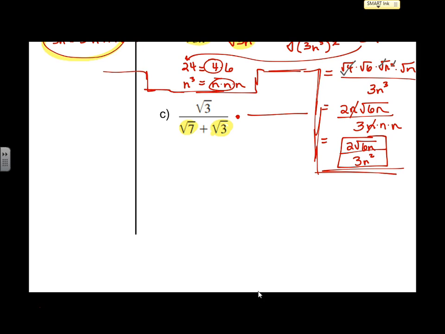Whenever we have a radical not alone, it doesn't have to be 2 radicals. It could be 3 plus root 3. But whenever we have 2 pieces, not just one, we have to multiply by what we call the conjugate. And yesterday we said the conjugate is the exact same 2 pieces except